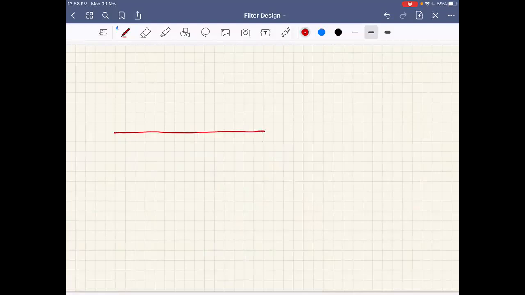Now let us sketch the practical filter. How does it look like? 0 here, and the practical filter here is